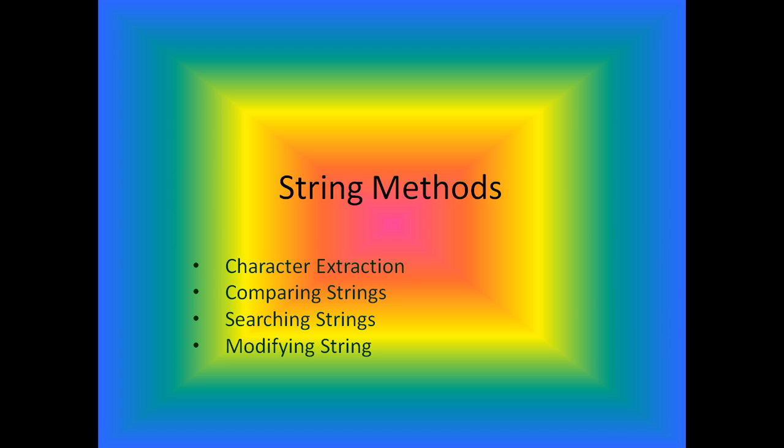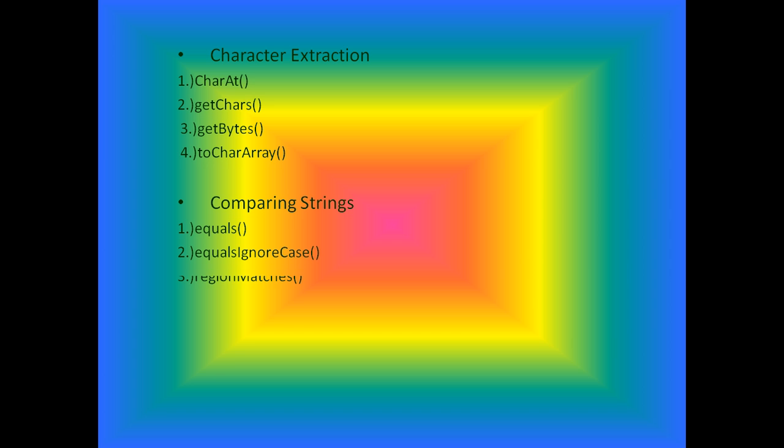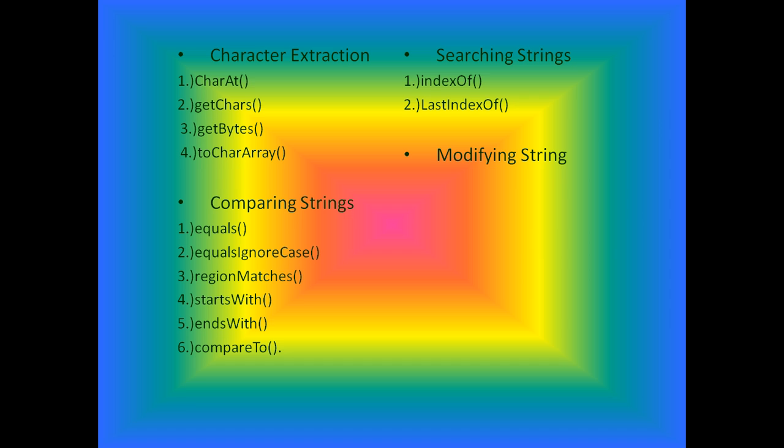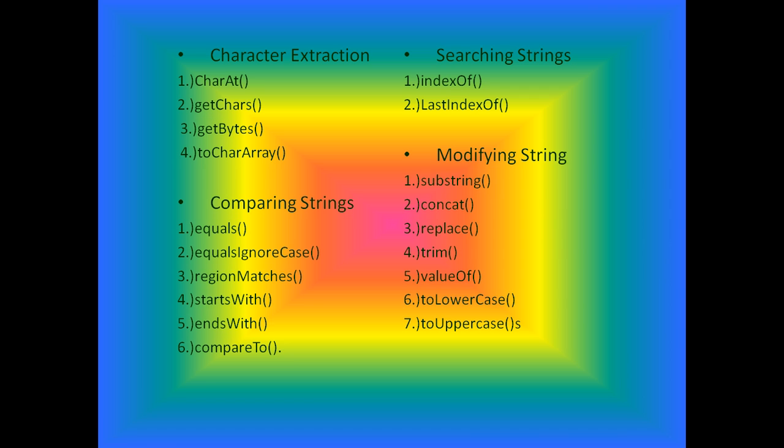In character extraction, the methods are charAt, getChars, getBytes, toCharArray. In comparing strings: equals, equalsIgnoreCase, regionMatches, startsWith, endsWith, compareTo. In searching strings: indexOf, lastIndexOf. In modifying strings: substring, concat, replace, trim, valueOf, toLowerCase, toUpperCase. So these are all the methods string